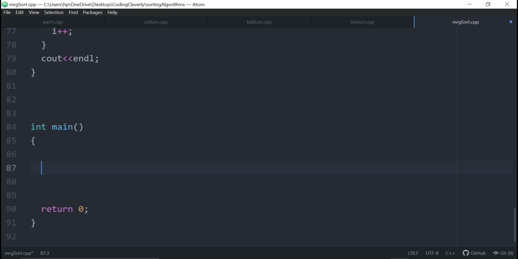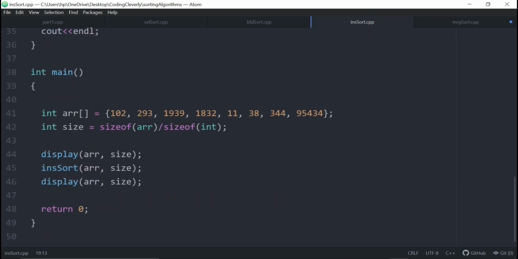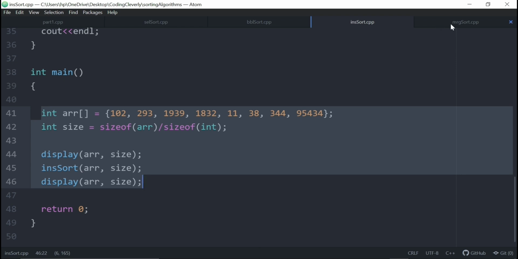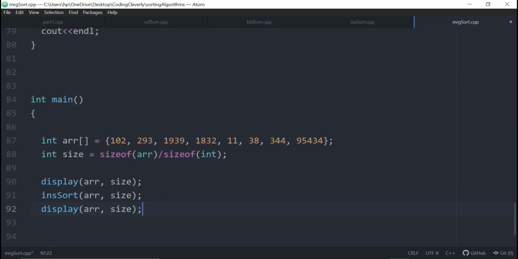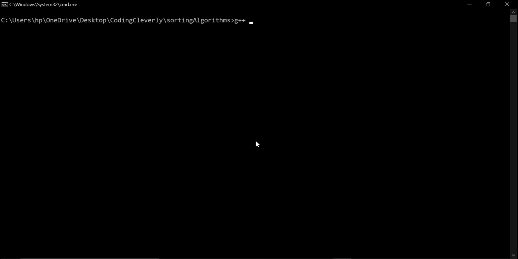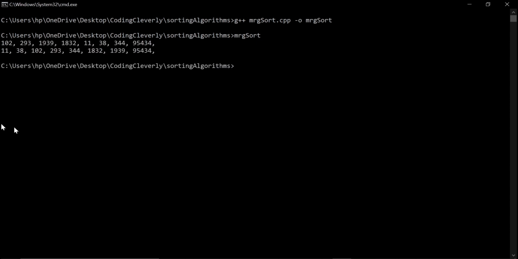So get a random array again. Let me just get this array, which is right here, copy, and just paste it here. And let's change up the thing over here, which is insertion sort, to merge sort. So let's go back to our g++ compiler: g++ mrg sort.cpp -o mrg sort, and it compiled. There you go, voila, 110, and then 102, 293, and all of that, sorted in ascending